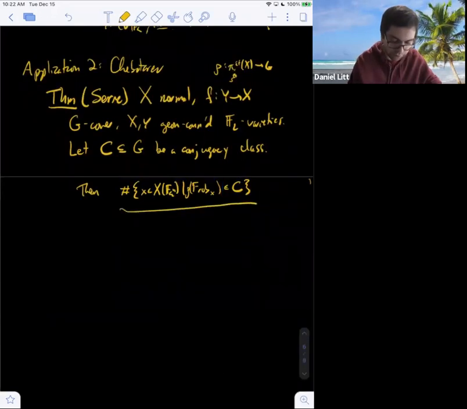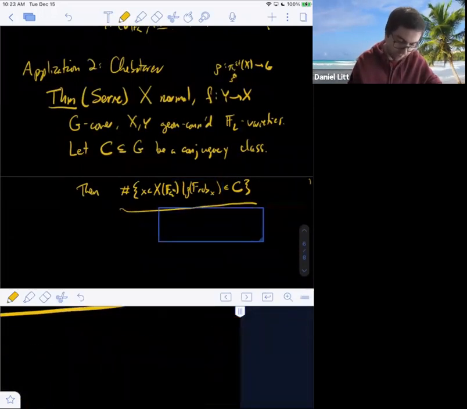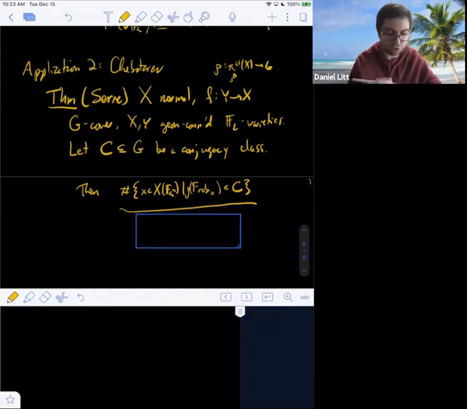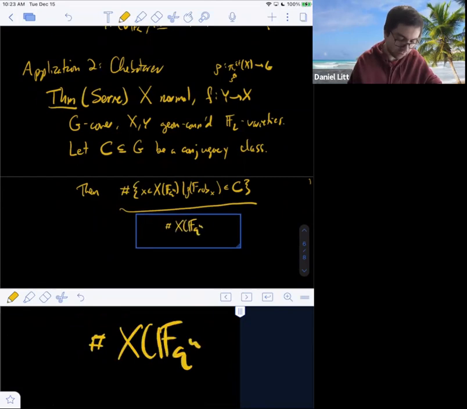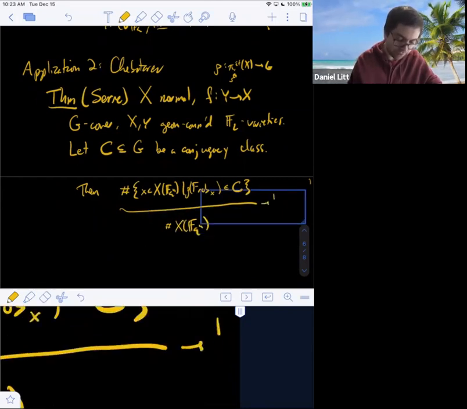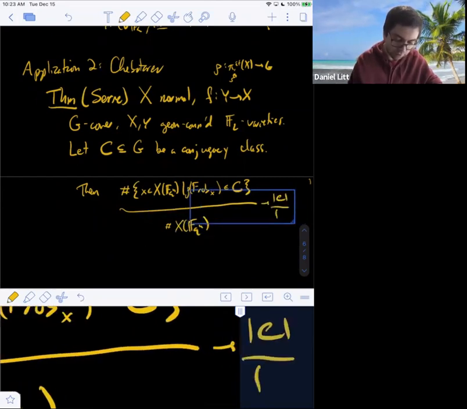So we'll divide this by the number of rational points of X. So the statement is that this tends to |C| over |G|